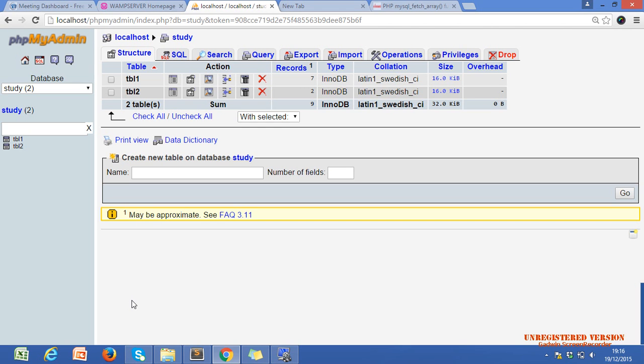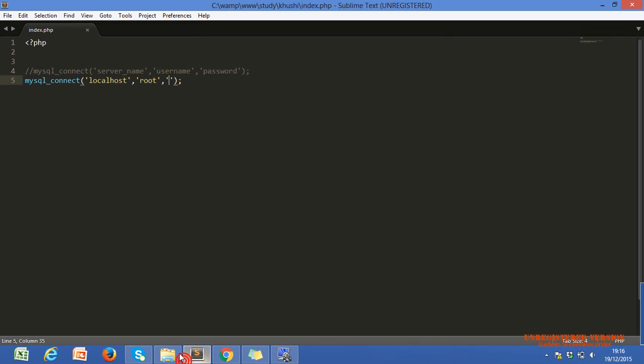So you have to write the username and the password here. If you have a username and password, you have to write your database username and database password here. In the local, it is blank and root.